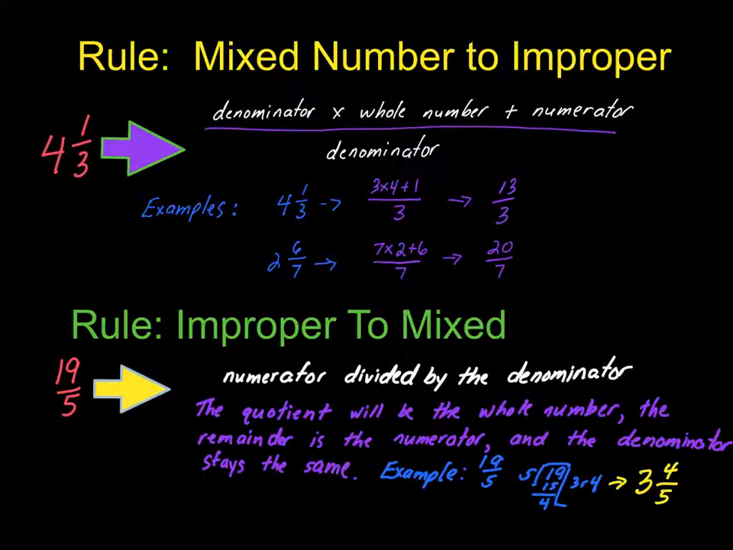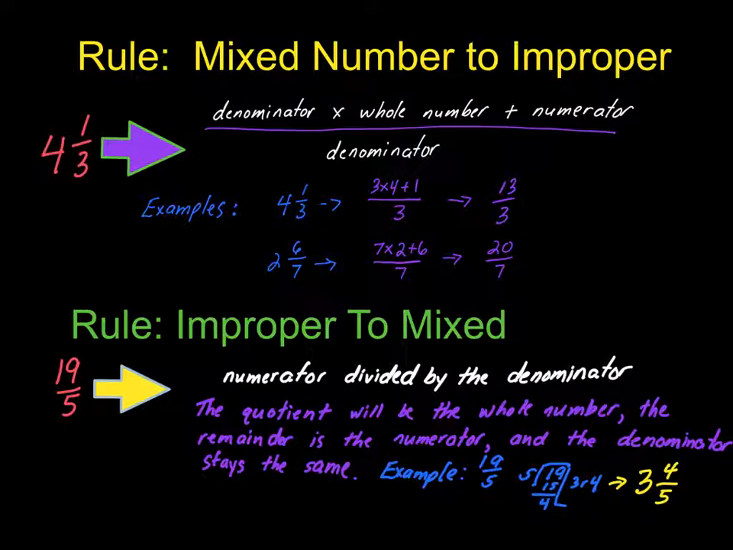Okay, so again, quick recap. Denominator times the whole number plus your numerator gives us our numerator, and our denominator never changes. Now to go the opposite way, let's look here, our rule from improper to mixed. We take our numerator divided by the denominator. Okay, then the quotient will be the whole number. The remainder is the numerator, and the denominator stays the same, so you have to look back to your original